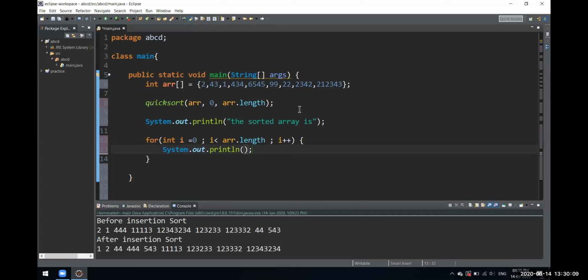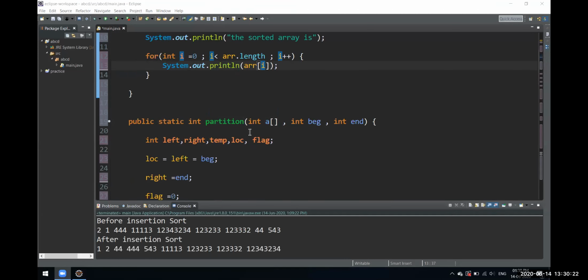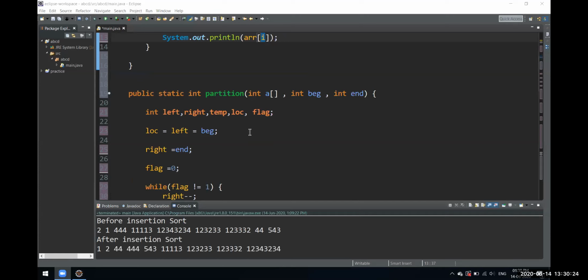We'll print our AR ka ith element. That's it. Now we are finished with this one. So now let's see, after so much work, how this function is working. This is a little bit complex, as you can see by the functions. Okay, so let's see how this all is working.